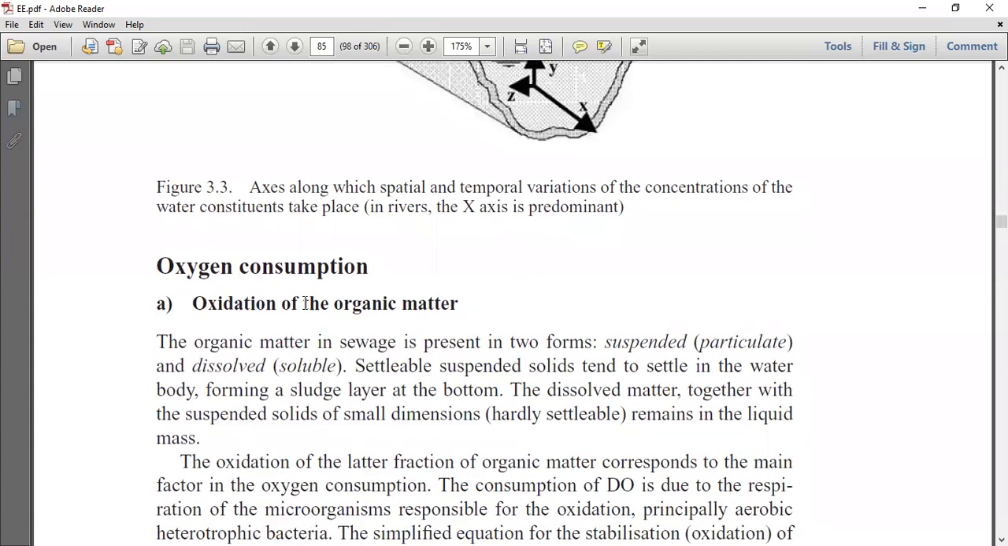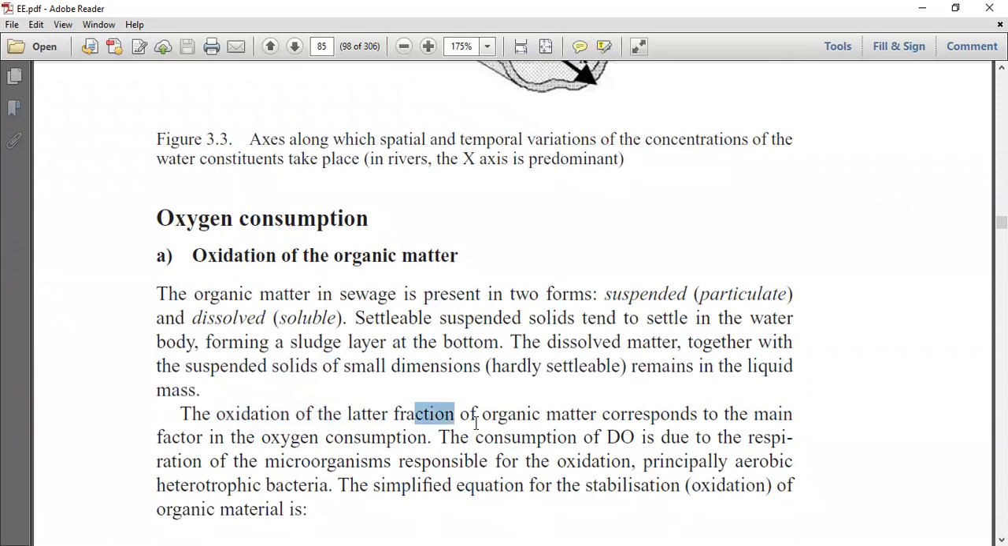Oxygen consumption: oxidation of the organic matter. The organic matter in the sewage is present in two forms, suspended and dissolved. The stable suspended solids tend to settle in the water body, forming a sludge layer at the bottom. The dissolved matter, together with the suspended solids of small dimension, remains in the liquid mass. The oxidation of the latter fraction of organic matter corresponds to the main factor in oxygen consumption. The consumption of DO is due to the respiration of the microorganisms responsible for the oxidation, principally aerobic